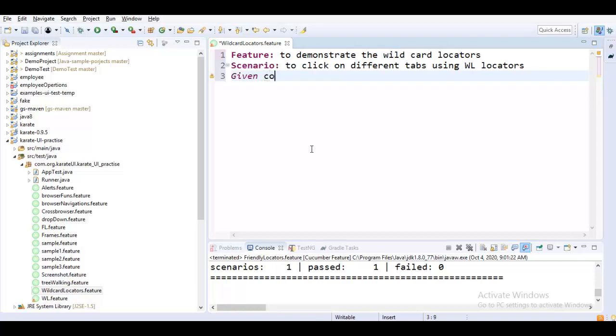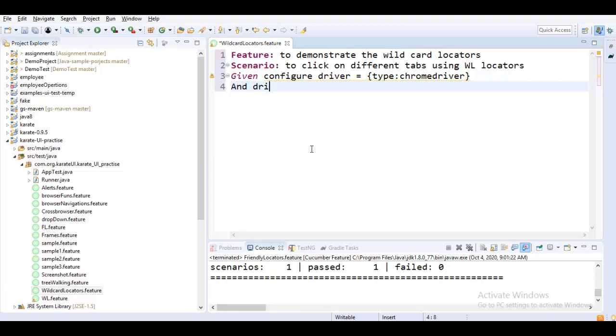Given configure driver equals to, we need to specify the type of it, so let us do Chrome driver this time. Yeah, so we have done that, and then